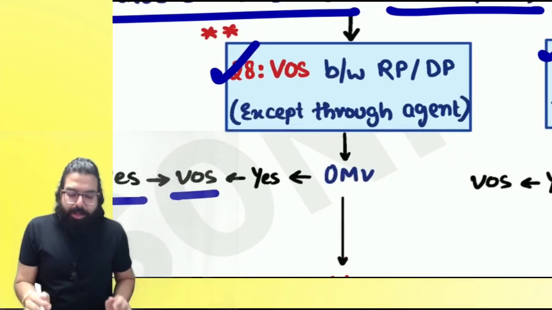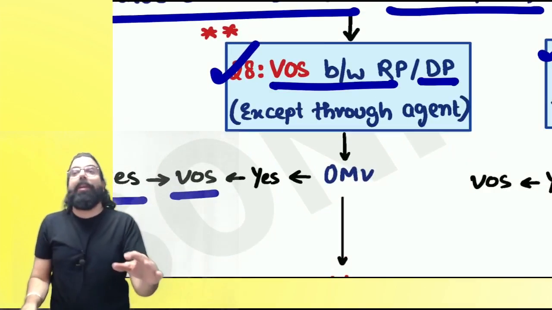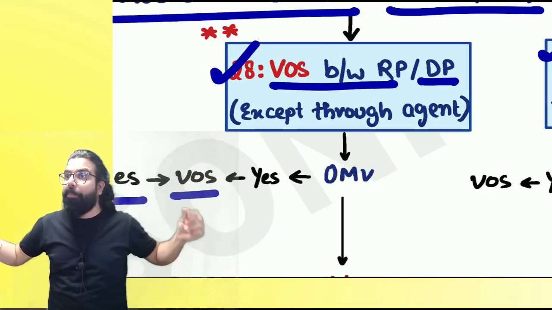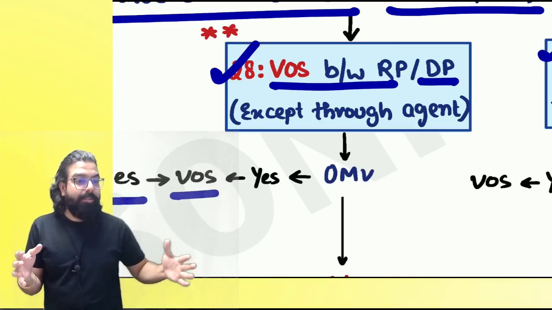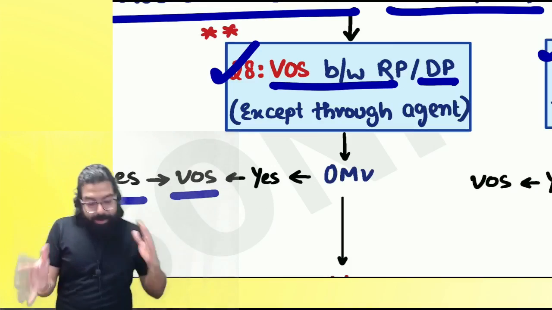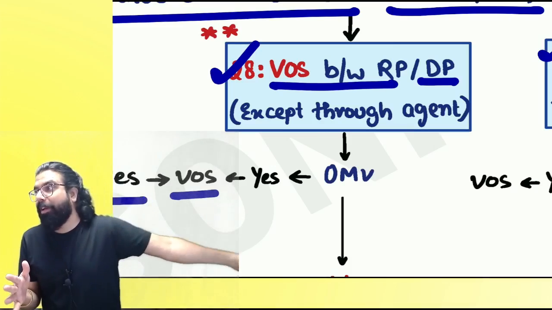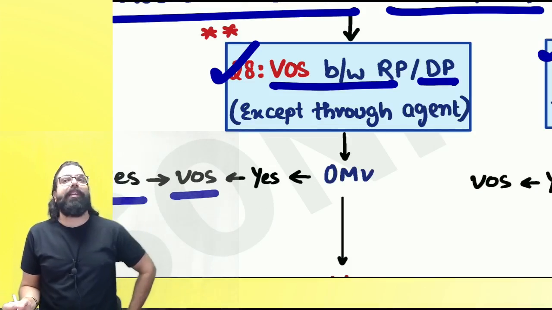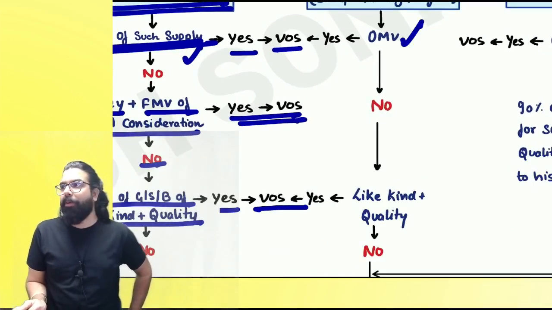Rule 28 says if supply is happening between related persons or distinct persons. Related person: scope plus family plus sole agent. Do you remember, everyone? Distinct person: same state, separate registration; different state, different registration; one state registered, one state not registered. They are distinct persons, and whenever a transaction is happening between distinct persons, they are telling open market value. Are we clear, everyone?